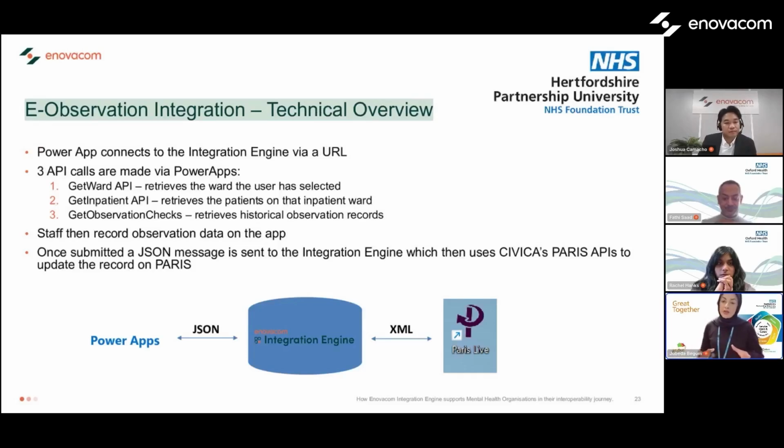In terms of the technical overview, the setup is very much similar to all integration projects and similar to Cerner as well. So the Power App connects to the integration engine via a URL, a username, and an authentication token. The app itself makes 3 calls to the integration engine, which pulls data back from Paris, as I mentioned earlier. One of the API messages it calls is retrieving ward information, so what ward the staff is interested in. The inpatient API data, which calls back service users data for those that are on that ward. And the final one is the observation checks, which pulls back any observation that the service user is currently on